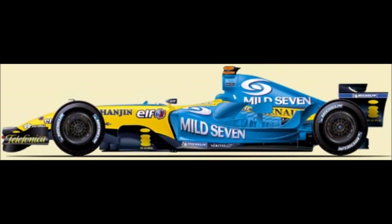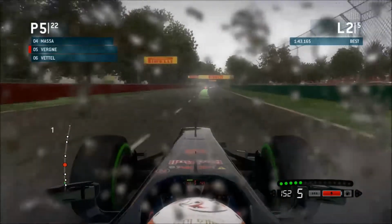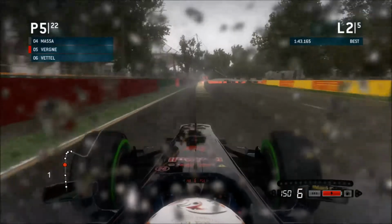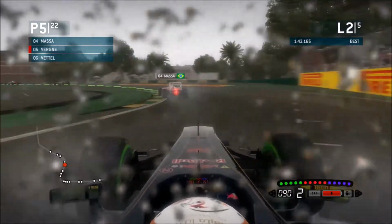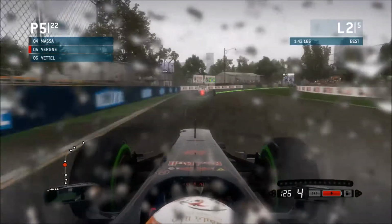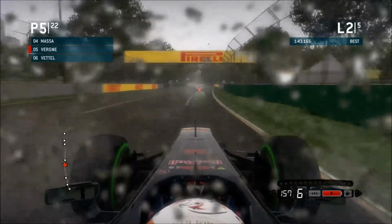Half is blue, half is yellow. Really nice when you look on the T-cam, and also from the side it looks really nice. Really like the shade of blue, a bit like the sky, and then a really nice bright yellow sun at the front, and then also some nice Michelin tyres as well, as opposed to the Bridgestone tyres worn by the likes of Ferrari. But a really good car and a really successful car,